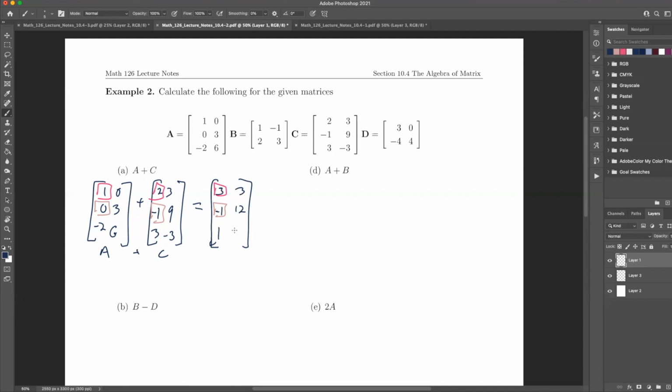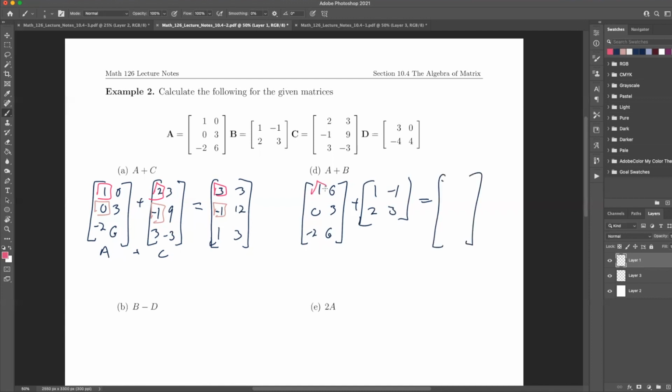So let's add A and B. So let's add these two together. So here I have 1, 0, 0, 3, -2, 6. That's my A. We're going to add to that B. And here I have 1, -1, 2, 3. Close that there. Let me clean that up. All right, so if I was going to do this here, let's go ahead and grab this again. I grab this entry plus this entry will give me this entry. This entry plus this entry will give me this entry, right? But this entry, oops, I didn't grab the color I wanted. This entry plus,